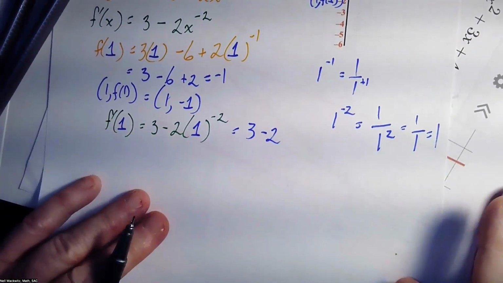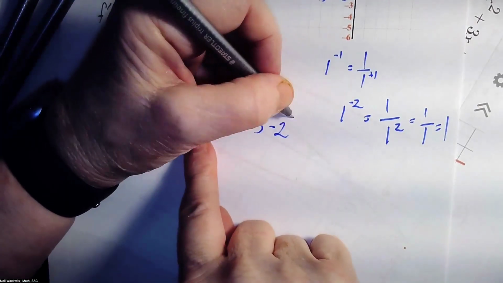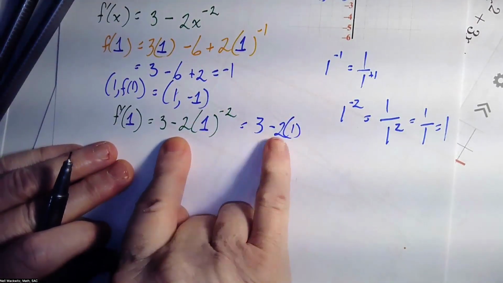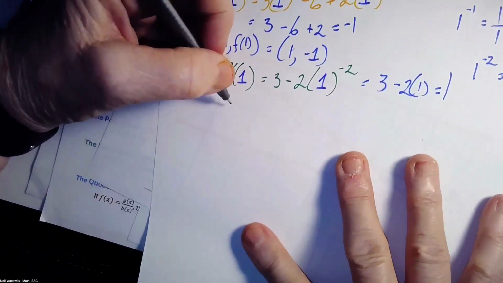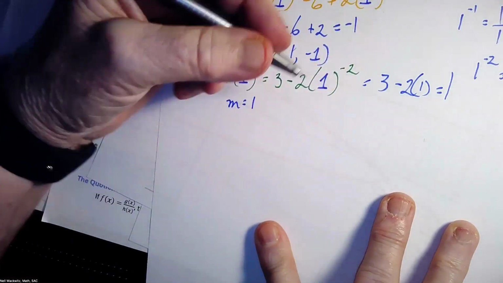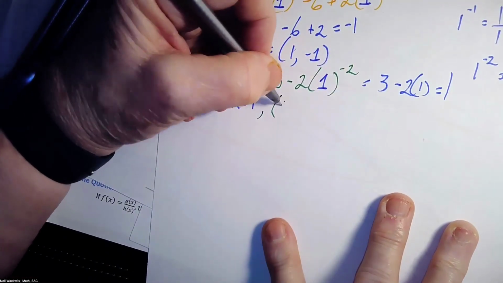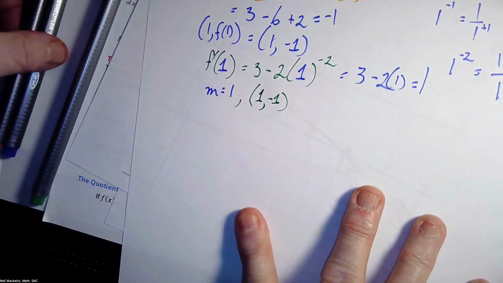And like I said, 1 raised to any exponent is 1. So I'm just multiplying the 2 by 1. 3 minus 2 is 1. So our slope is 1, and the point is 1, negative 1. To find the equation of the line,